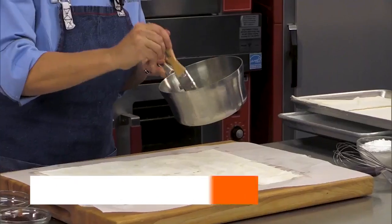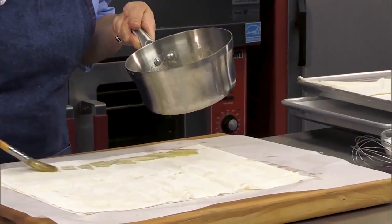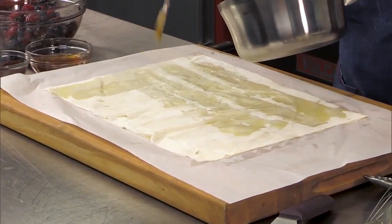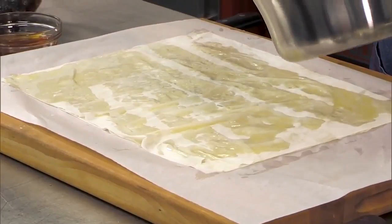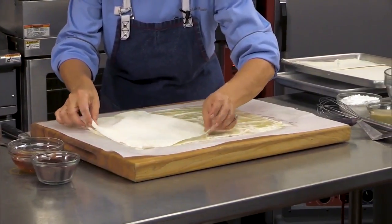I'm gonna do 4 of Phyllo and just some melted butter. If you want to throw a little sugar between each layer, you can do so. You can go a little crazy with the butter because it makes it beautifully golden and it sticks all the Phyllo sheets together. So you just layer it as evenly as you can